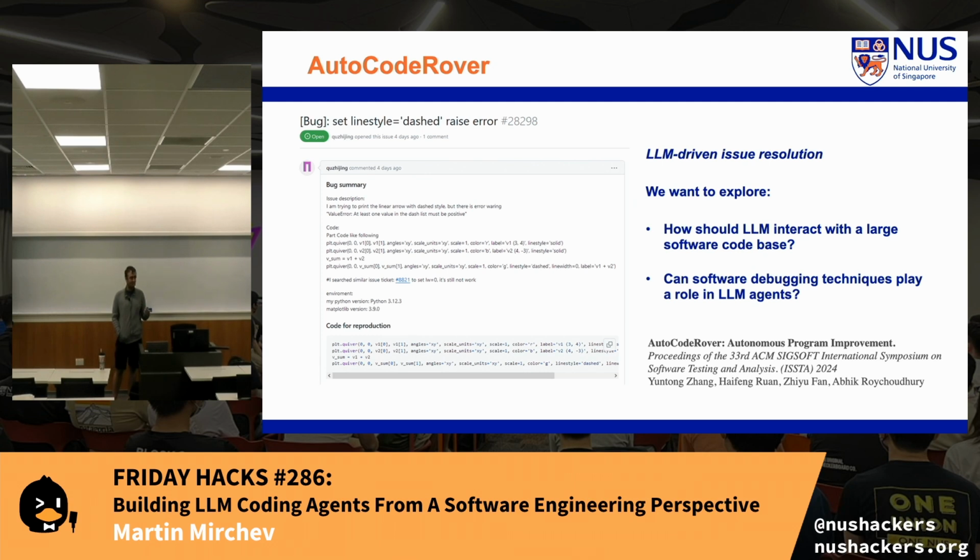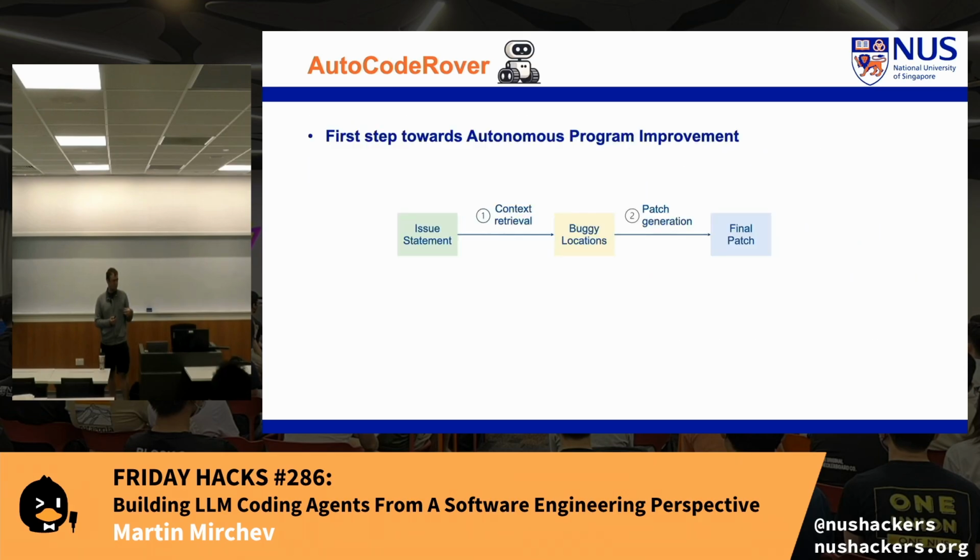Because it's not as simple as giving the whole code base to the model. Up to 1 year ago, we weren't able to even fit 100,000 tokens. So that's not the best way to just throw the whole code base. And we see that language models are not able, even with this much context, to properly reason over it. So we really need to give it the right space for work. So the work for this is called Autocode Rover. It's done by a couple of colleagues in our research group, where the focus is as such.